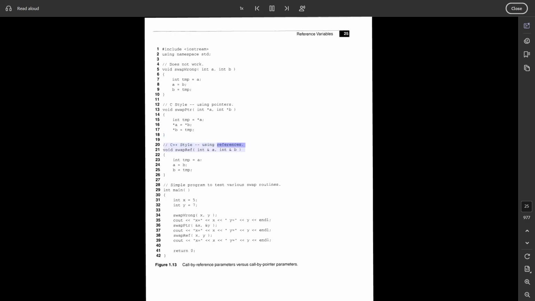using references. void swap_ref(int &a, int &b) { int tmp = a; a = b; b = tmp; } // A simple program to test various swap routines. In main, int x = 5, int y = 7. swap_wrong(x, y); cout << "x = " << x << ", y = " << y << endl;